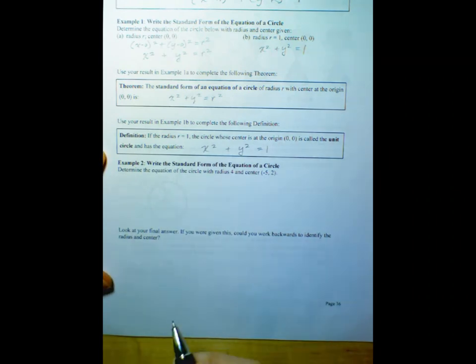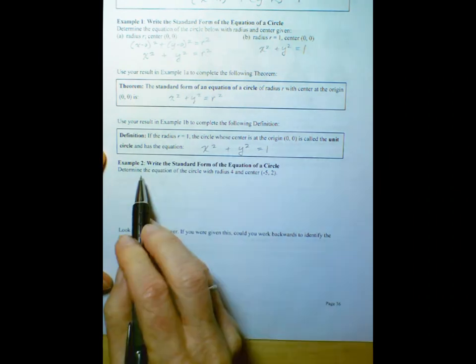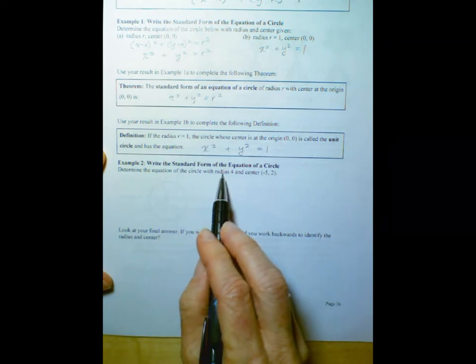We're continuing with our conics. We've jumped back to Chapter 2 for circles from Section 2.4. We're on Example 2 now. Write the standard form for the equation of a circle, where we have given the radius of 4 and a